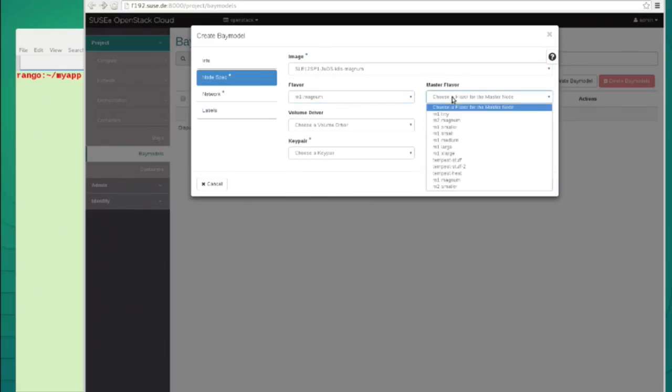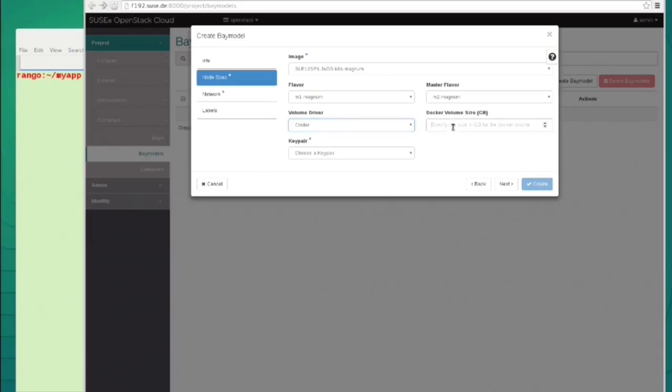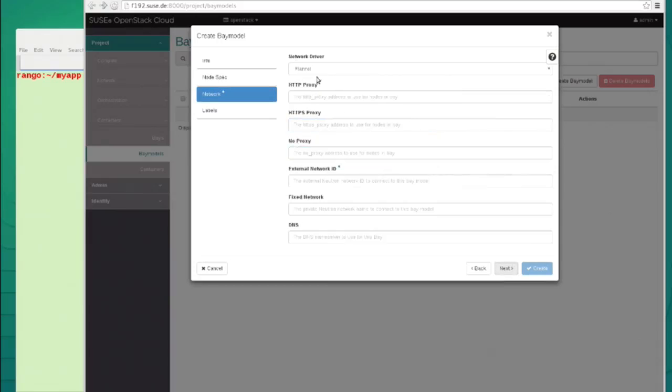We have two types of flavors, for a master node and for workers. So these two instances can be deployed with different sizes. And of course we choose the size of the volume which is supposed to be mounted for workers. And this volume will be dedicated to containers data.